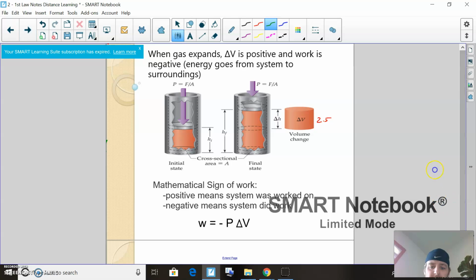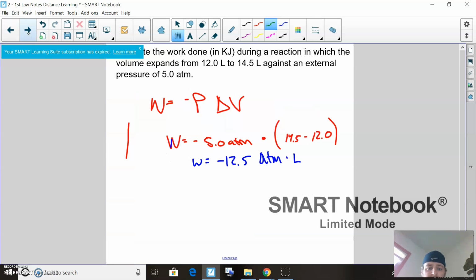Here's another example: when a gas expands. Here's the initial state. Boom, there's the initial volume. It expands. How much work is being done is what you can calculate. So work is negative pressure times delta V. But we're not going to get too far into this because